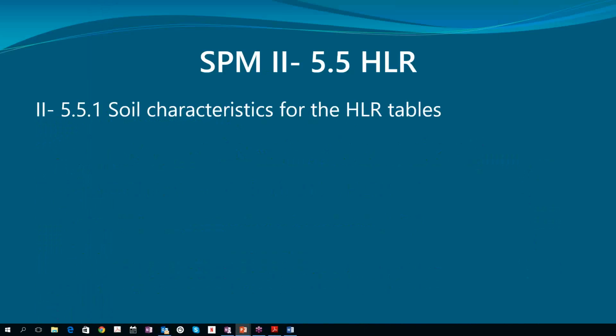Hydraulic loading rates, I'm going to skip because I actually want to get through this. If you need to write the exam, you need to understand how to calculate daily design flow, and you need to understand vertical separation. Strictly speaking, the hydraulic and linear loading rates are something that you should know, but maybe don't have to. It's a bit of a gray area because we're now having to make a conclusion about how big the system is and compare it to how big the system should be, which implies that you need to understand hydraulic and linear loading so you can figure out whether the system is big enough.